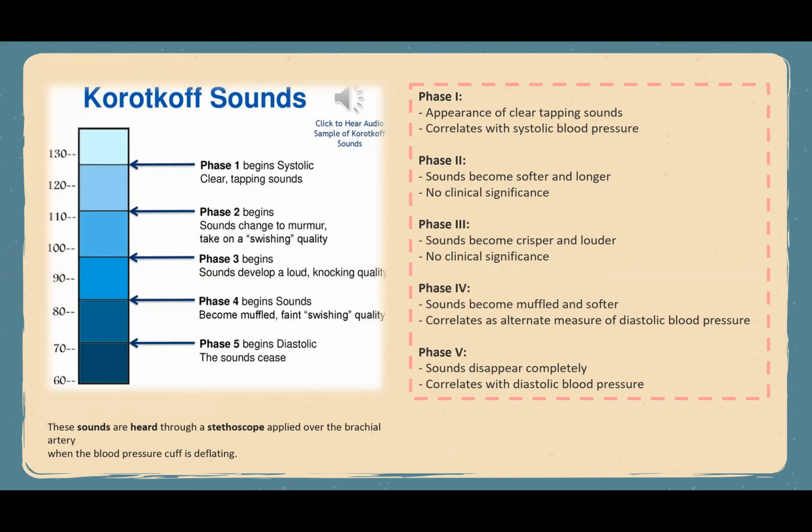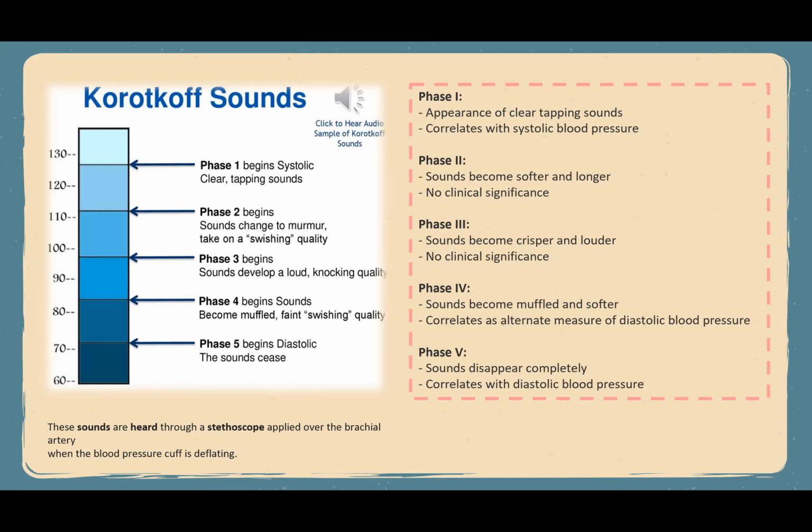So this is Korotkov sounds. We need to know about the Korotkov sound if we do a manual blood pressure measurement. Basically, manual blood pressure measurement is when we use auscultation during the measurement. So when we auscultate the radial artery, after we deflate the blood pressure cuff,